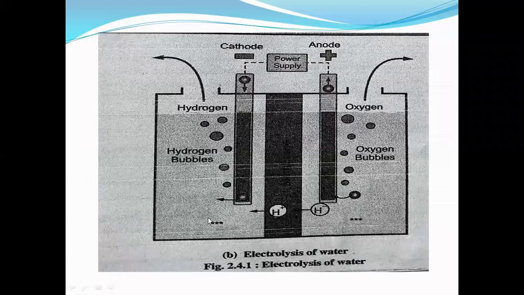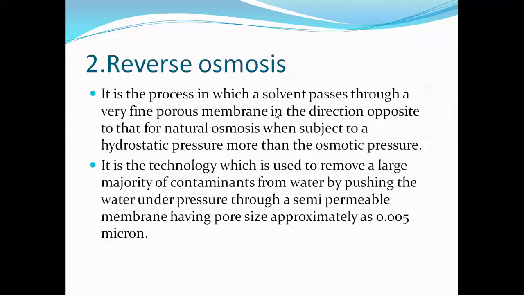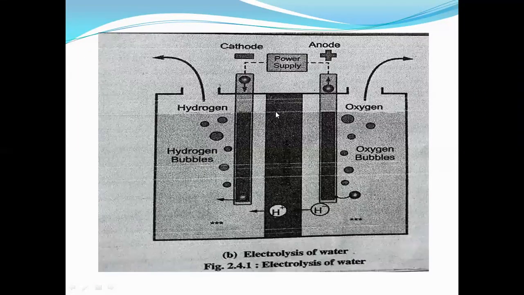Now see this diagram. In it there are two electrodes, a cathode and an anode. Similarly, we had seen this in the electrolysis of saline water. In that, when electric current is passed into the water, what will happen? The water is converted into oxygen and hydrogen ions.